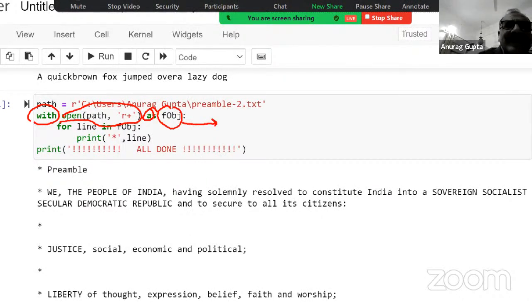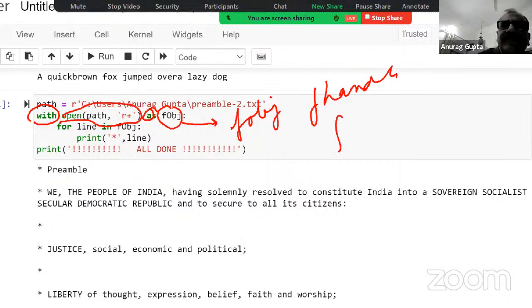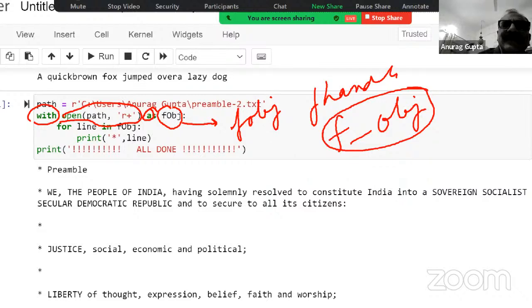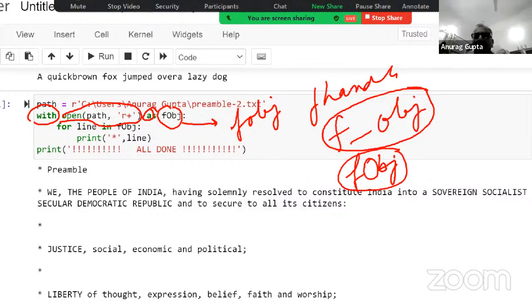Since it's a file object, you should use f object, or you can use f handle, or f underscore object. But whatever you do, you should be consistent. Like I've used f capital O object, a camel case kind of thing. If you're using camel case, use camel case throughout. If you're using underscore, use that.